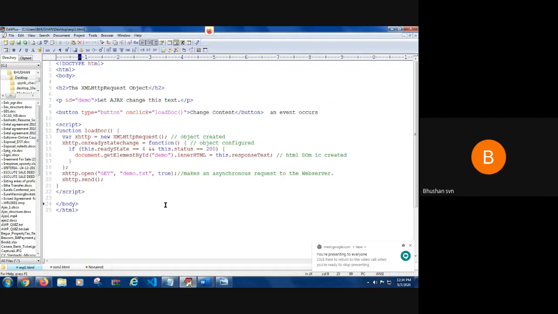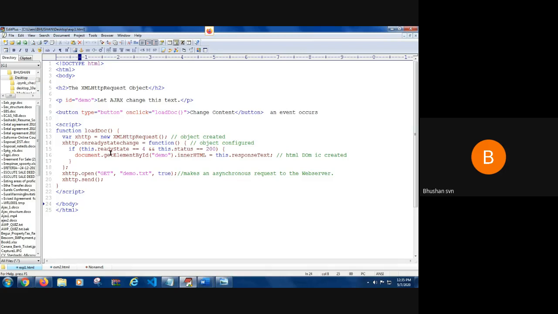Now, all the Ajax programs will have a typical XML file, and this Ajax can be integrated with PHP. You can also have it inbuilt with CSS, and also inbuilt with JavaScript. Now I will write this program and save it with .html. All these programs have to be saved with .html. Now I have a simple HTML page. It's a very simple demonstration of one simple Ajax program.